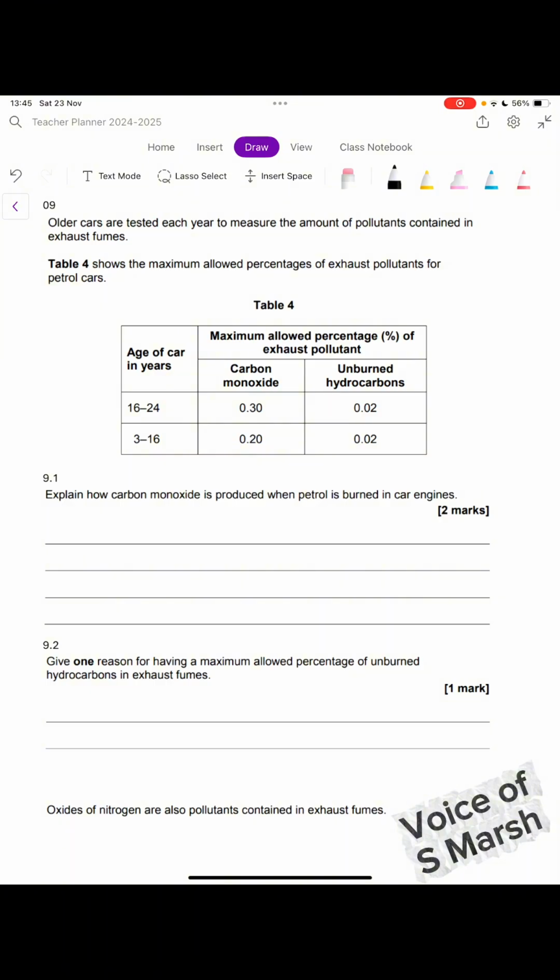So this is all about combustion, about chemical reactions, and the fact that carbon monoxide is produced when we have incomplete combustion, when there is not enough oxygen. Okay, so basically we can get the mark very easily by saying when